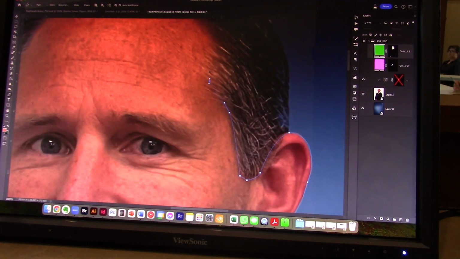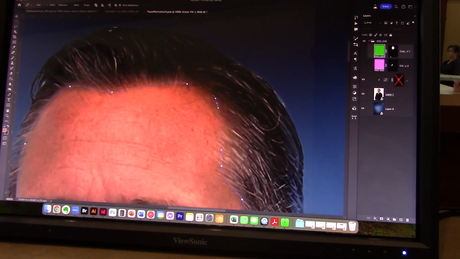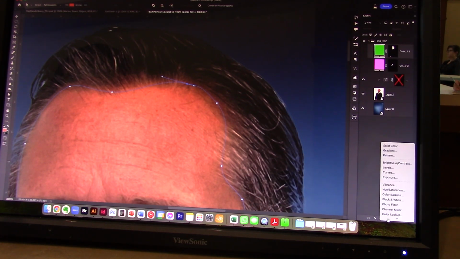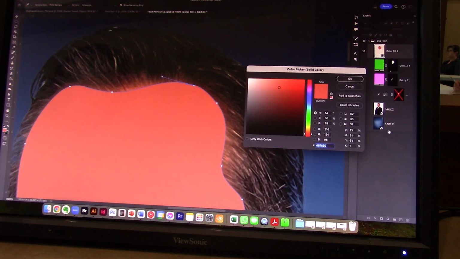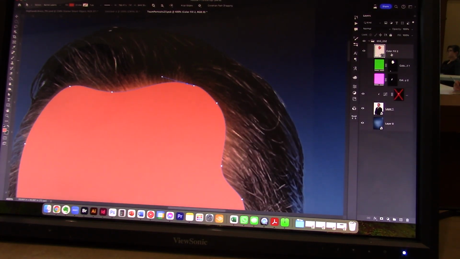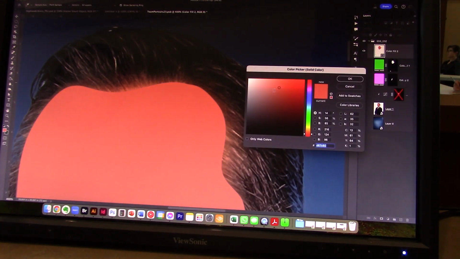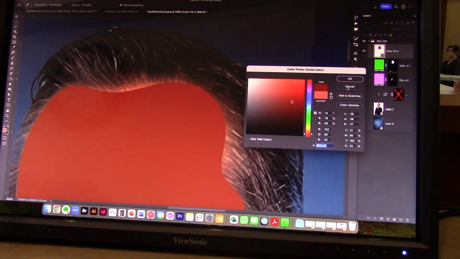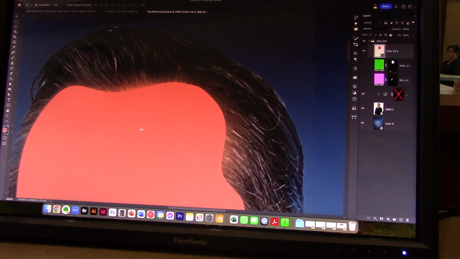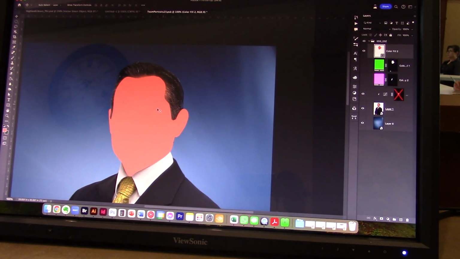Once I've got the path the way that I want it to be, then I can come and say, oh, well, I want this path to be a solid color. And it'll take my color and provide that for me, and I can then click on that color and change it to be whatever it is that I want it to be. But that would be one way in a vector environment where you create that flat style that you're looking for